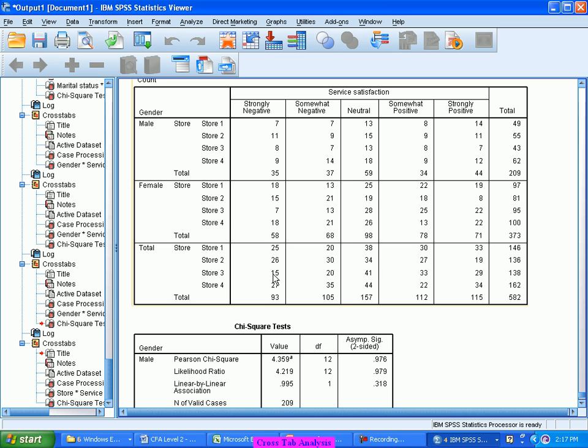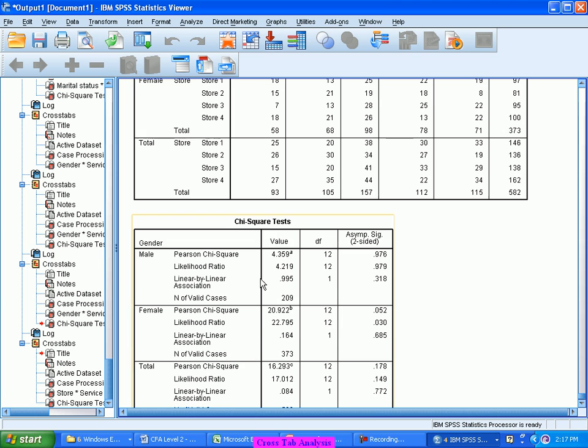So I am introducing a third dimension. Same store service satisfaction, gender wise. Now when I am bringing in male, this number is 0.97, much greater than 0.05. So with males it is perfectly uniform. Now when I am looking at females, it is telling me 0.05. Probably if it is slightly less than 0.05, 0.04 or something, I could have concluded very clearly with respect to females